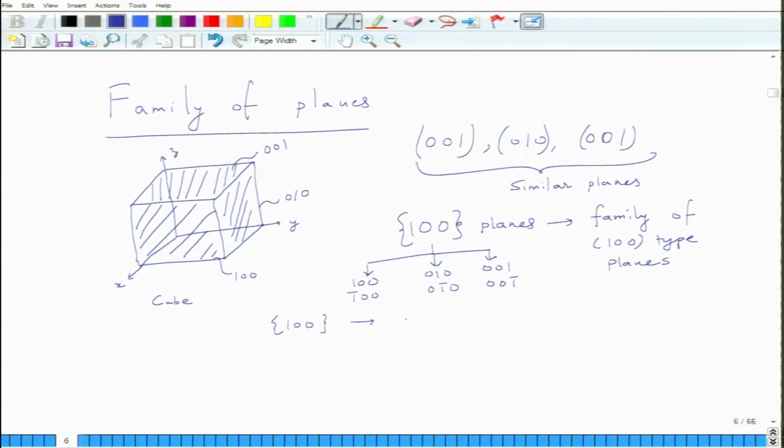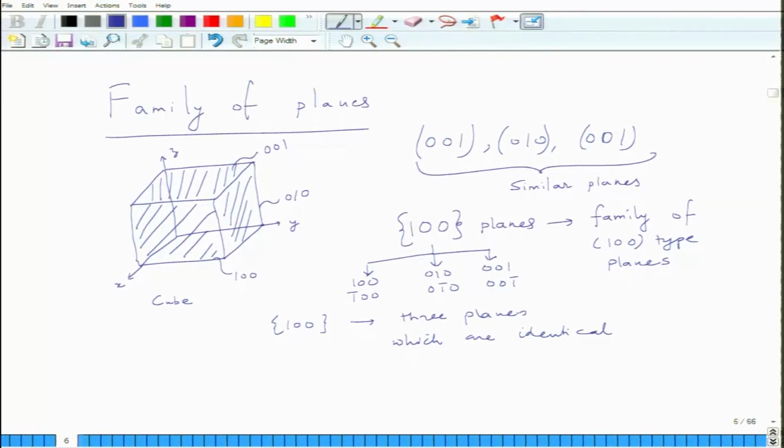So, depending upon how you look at it, there are 3 different planes which are identical. I mean it is sort of an oxymoron in some sense. I can just say 3 planes